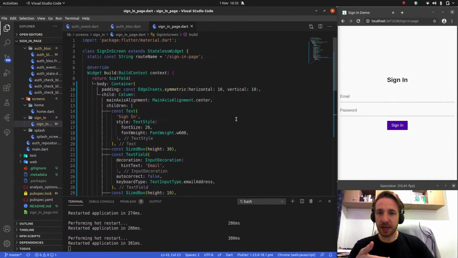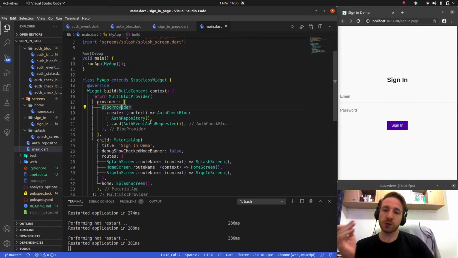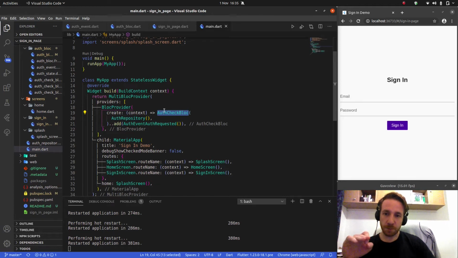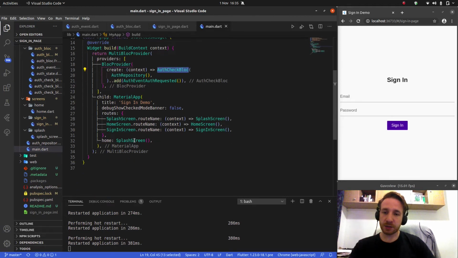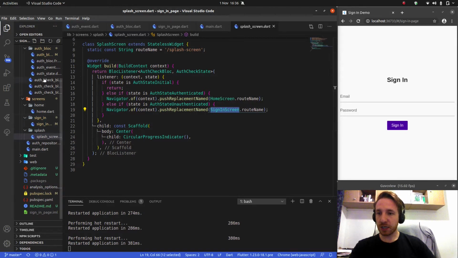use it. And I don't know if you guys remember from the previous time, but we're also using the auth check block over here, right? And that's then used in the splash screen. The splash screen checks to see if we're logged in or not. And then depending on whether or not we're logged in, it either takes us to the home screen or to the sign-in screen. And now what I want to do is hook up my second block, my auth block, to